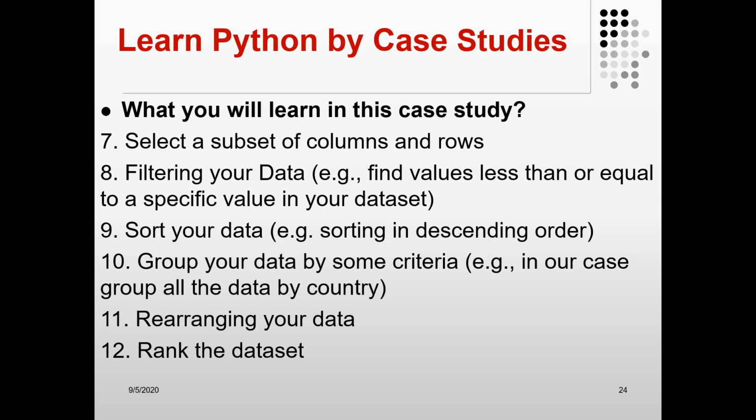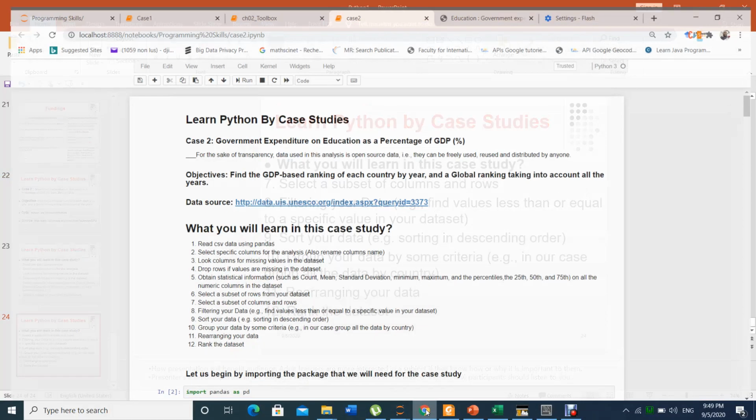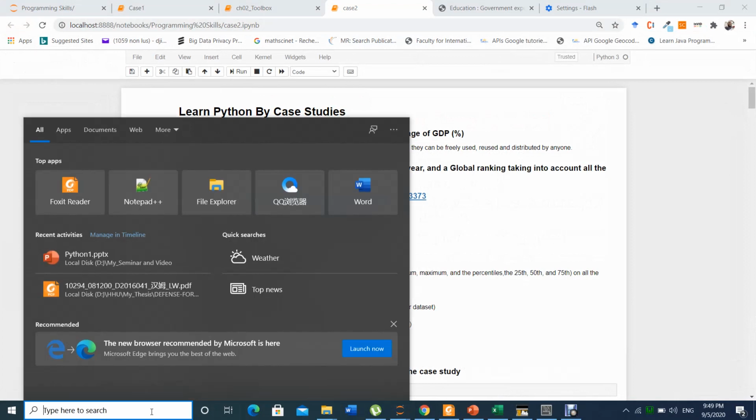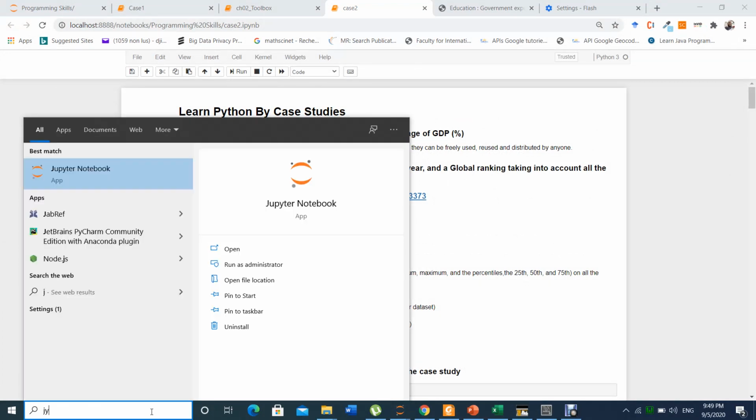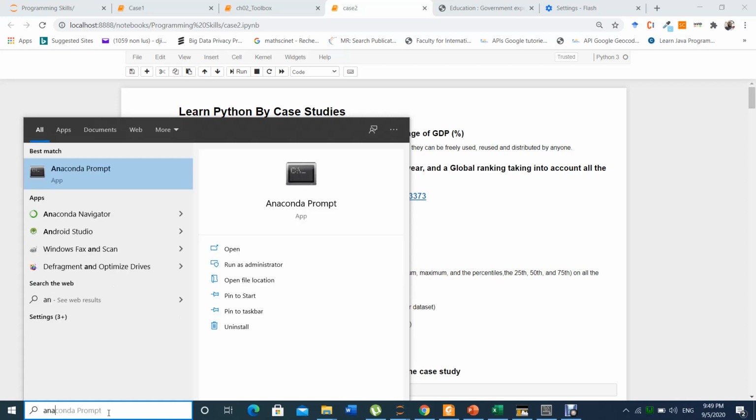So let's start our practical training. The first thing, we need to open our Jupyter. Just write Jupyter here and you find it, or you can also write Anaconda to open Anaconda, then run your Jupyter.